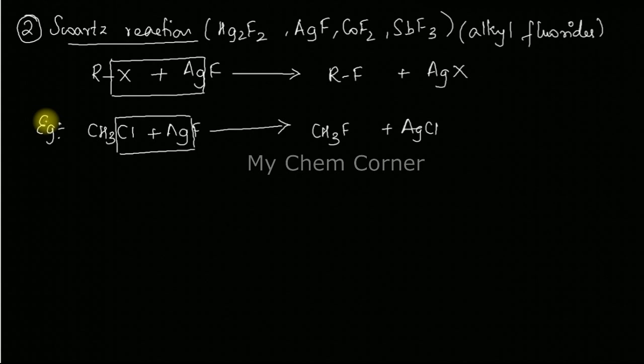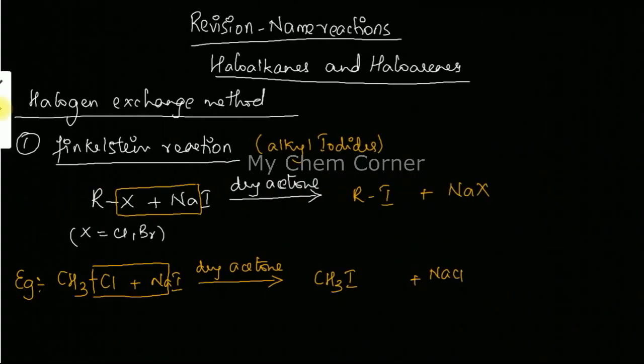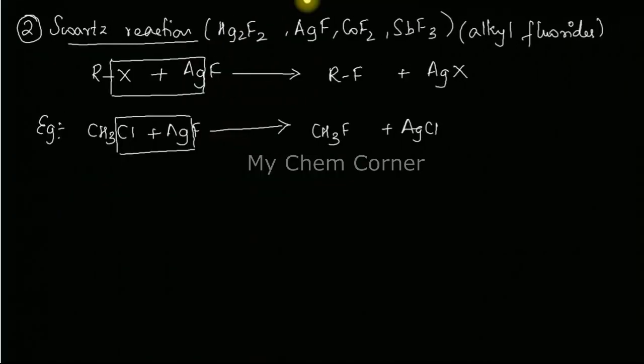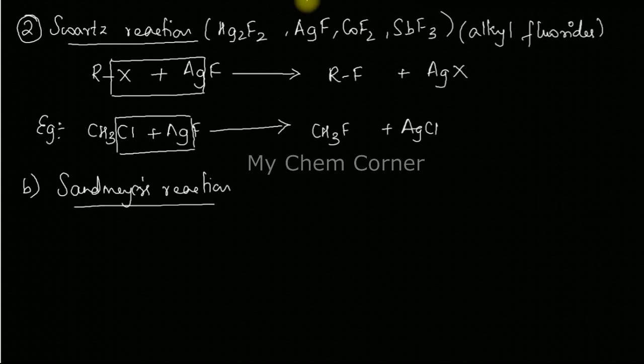Alright, now next one, right below that in your NCERT book, this is a separate set of reactions. I'll just give it numbering so you know that this is perfect. So this is A, that's the first part, and you have two of it. I'll name this as B, and here I'll have another one which is Sandmeyer's reaction. Now, the starting material of a Sandmeyer's reaction is not readily available. What do I mean by that? Sandmeyer's reaction is basically